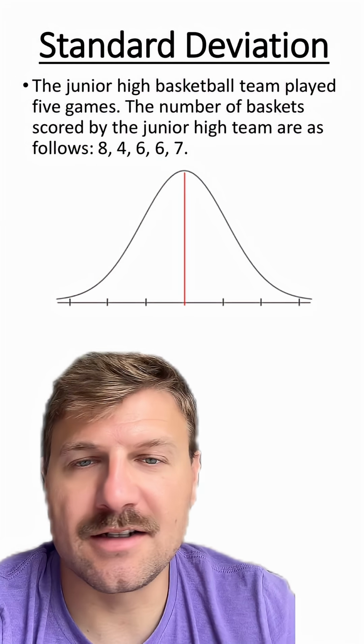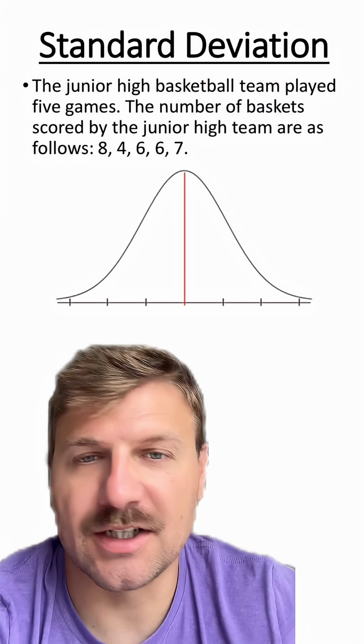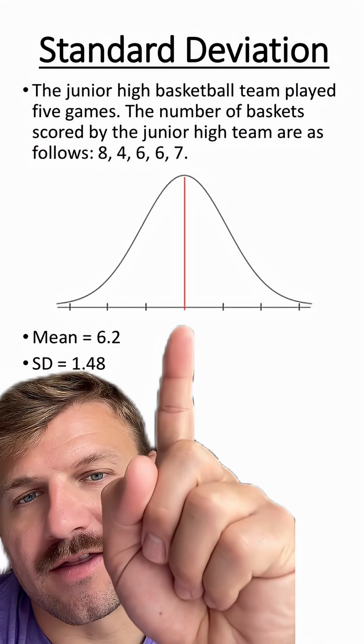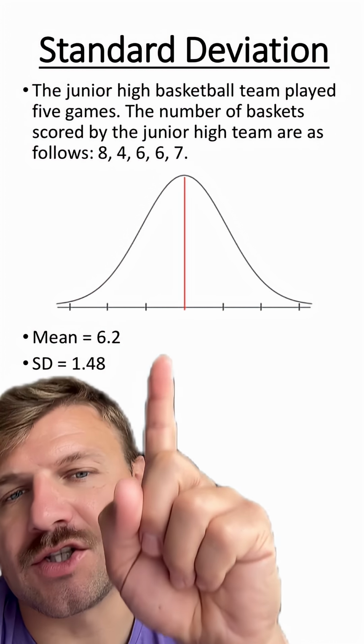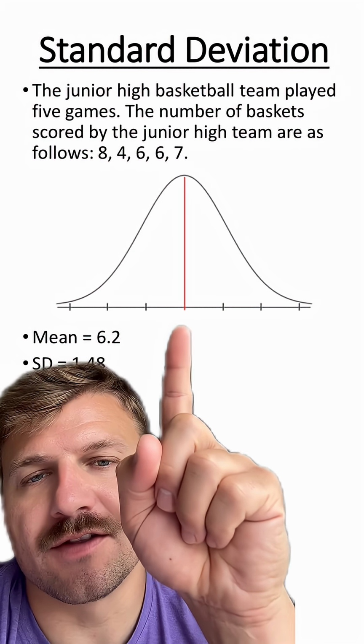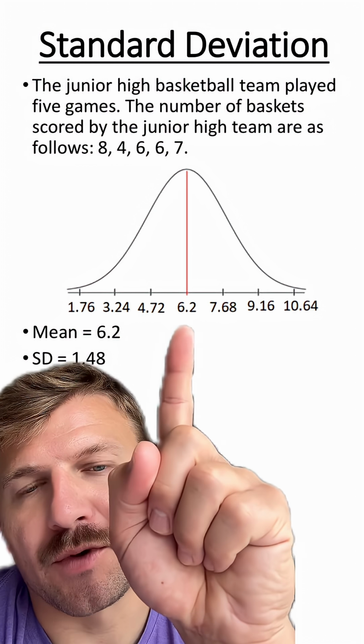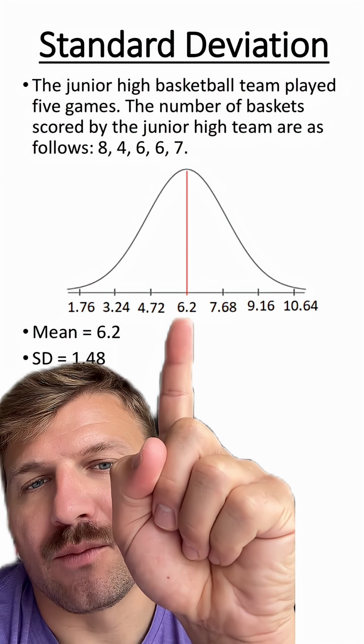So what does that standard deviation actually mean? Like, what does it actually tell us? Well, remember that our average was 6.2, and that's going to go here in the middle. What we can do with this standard deviation is plot the standard deviations on this bell curve, or normal distribution graph. So what we do is we put 6.2, which is the average, here in the middle, and we add